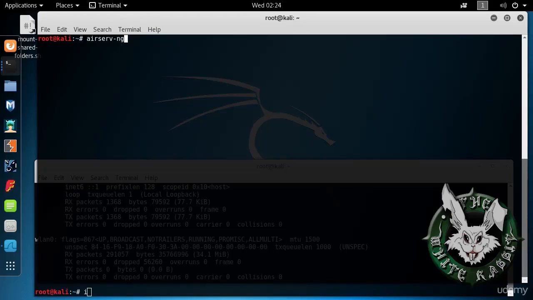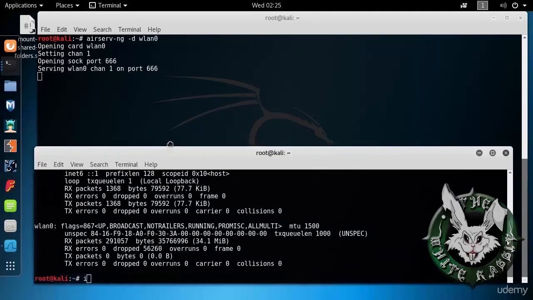You can imagine doing a penetration test from somewhere else, as long as perhaps your associate is physically present with Kali Linux and having set up airserv-ng. But you do something like this. So it's opening port 666 on WLAN0. We can go to another terminal